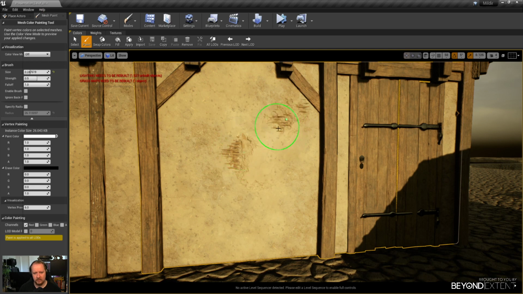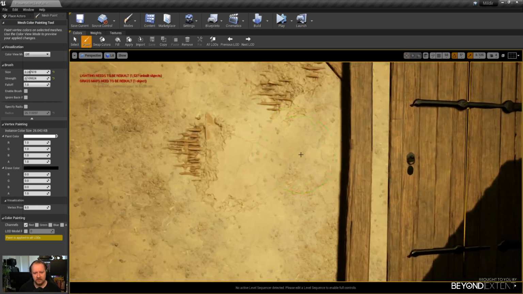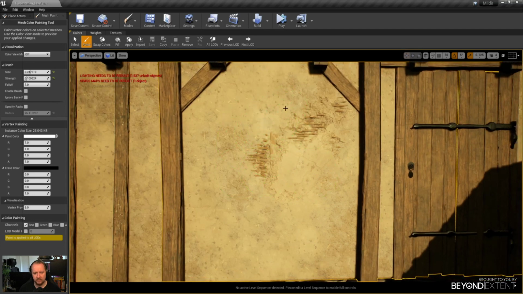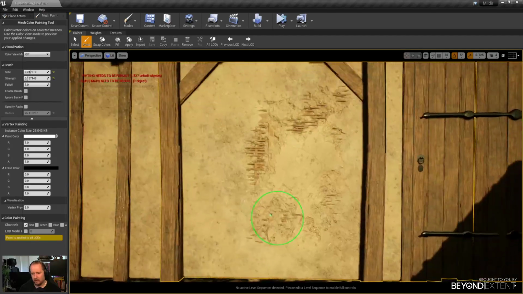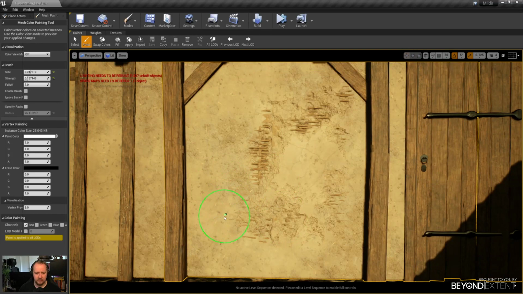So you can see that this gives me enough control. If I go really low on the opacity, I can really just specifically do stuff here. So yeah, I would definitely recommend doing it with a height map.